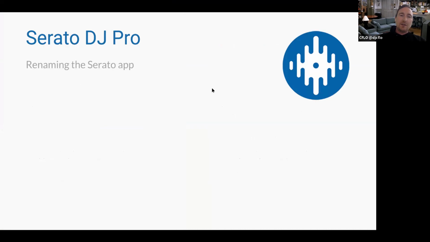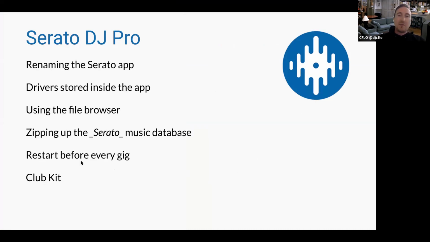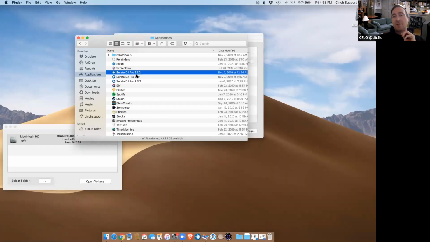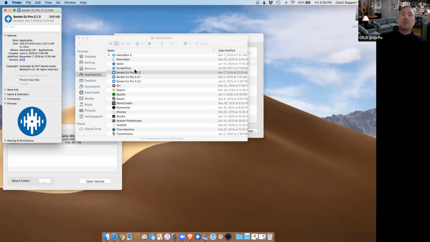And here's the things I'm going to go over as far as making your Serato run cleaner and setting you up for success when troubleshooting. So, renaming the Serato application: you can change the version number at the end. You get info on it, on your version, and there it is, the version number, and you can just add it to the